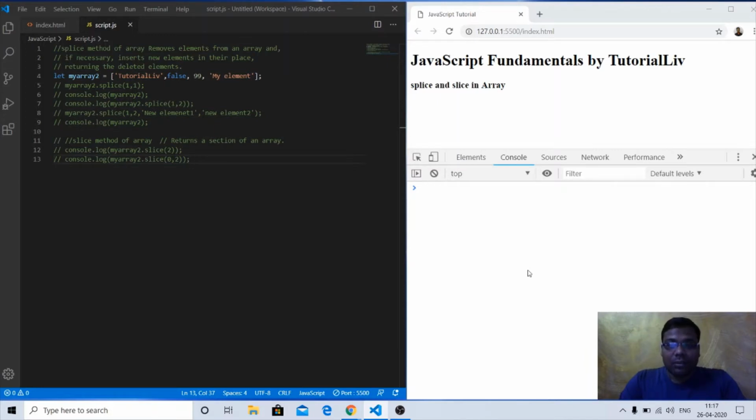In the last session, we have seen the delete method that creates a hole in the array. If I use the delete method to delete any element from an array, from any index, it will create an empty hole in the array. So that could not be useful when we are trying to delete the element. It won't reduce the length of the array, and it will create an empty hole that could create some problems while doing some kind of calculation. So to remove the elements from the array, we have some more methods.